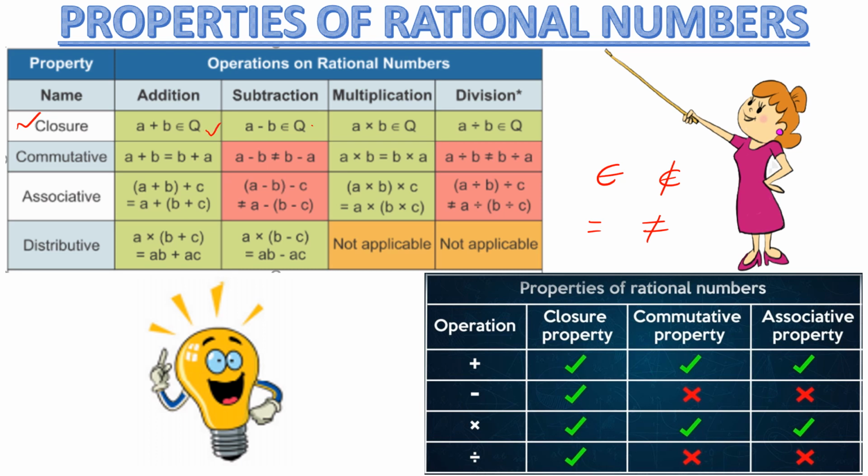It is satisfied under subtraction and it is satisfied under multiplication also, and it is satisfied under division also, but exclude that 0, because 0 divided by any number is 0 only, but division by 0, right? So look at that, division by 0 is not defined. So that's why exclude that 0, division by 0. So it is satisfied under division, right?